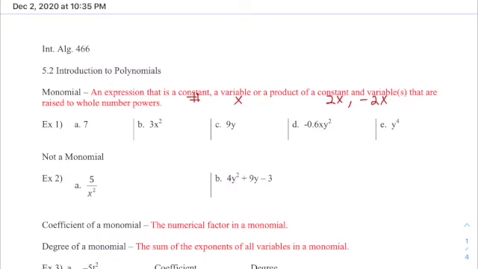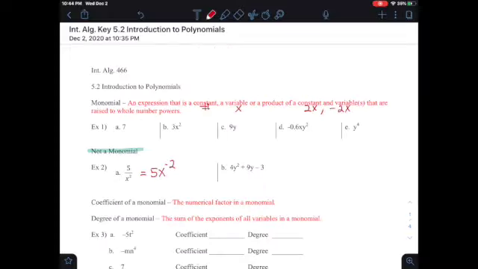Well, what is a non-monomial? Non-monomial is like one with the exponent in the denominator, because if you guys remember, this gets flipped. So that's going to be equal to 5x to the negative 2. Remember that. And because that's 5x to the negative 2 power, that's not allowed because it has to be a whole number. No negatives. And then example B is going to be